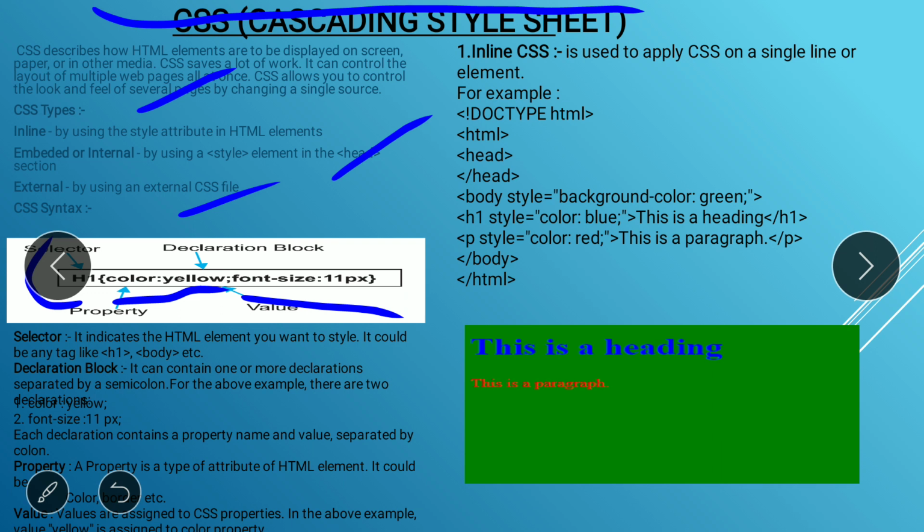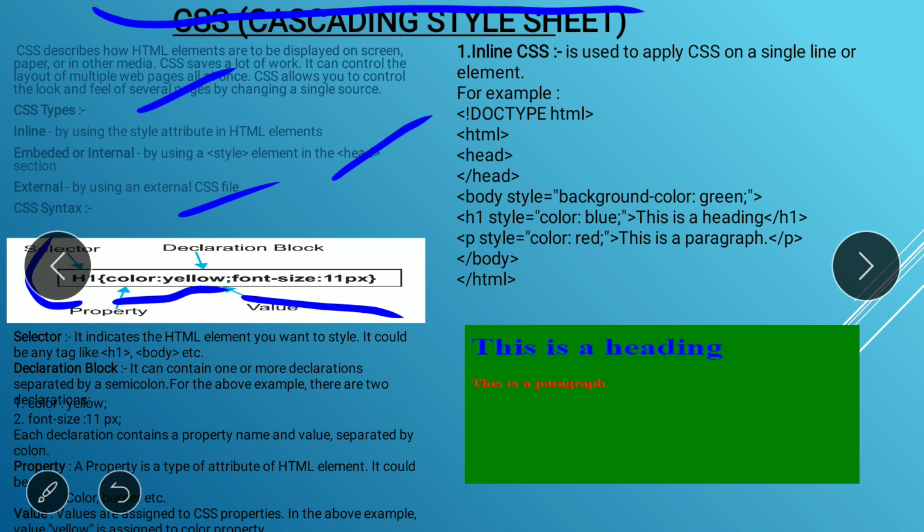So color is the property and yellow is the value, and property and value are differentiated using the colon. You can see here the property and value, in between we wrote the colon here. You can also see the font size and colon after that 11px. So between property and value we compulsorily have to write down the colon, and between two properties you have to mention the semicolon.